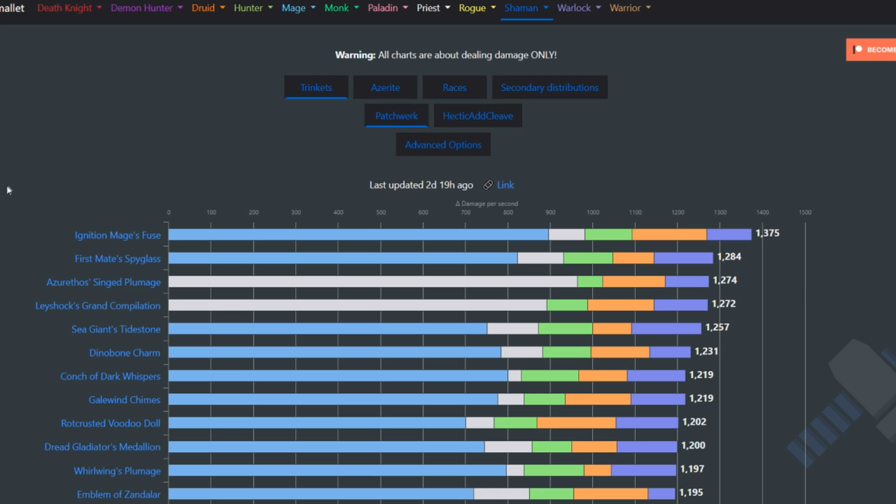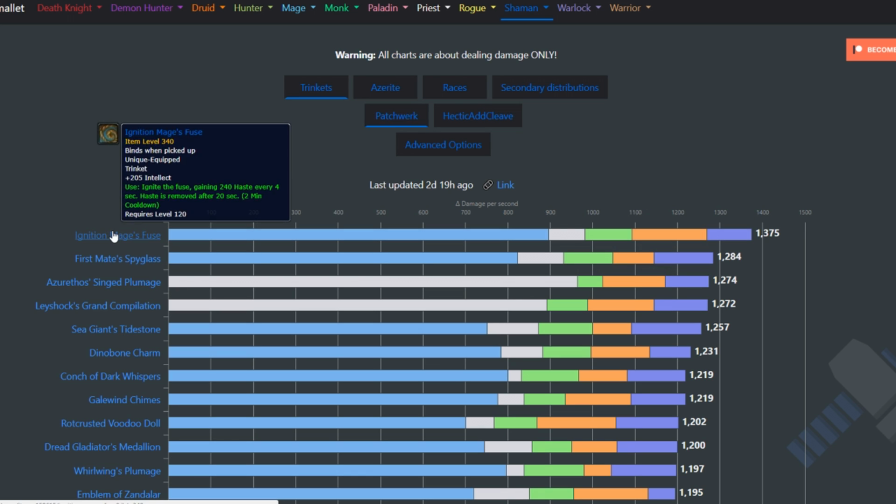But trinkets to be on the lookout for: Ignition Mage's Fuse. It's really good for pretty much everything. It's really good for AoE, it's really good for single target. I highly enjoy having good on-use trinkets because you can customize when they happen. You don't get procs at bad times. So an on-use trinket, very high simming, definitely something you want to try to acquire